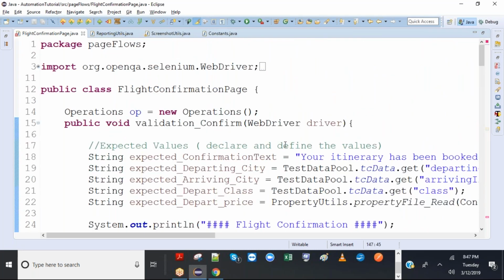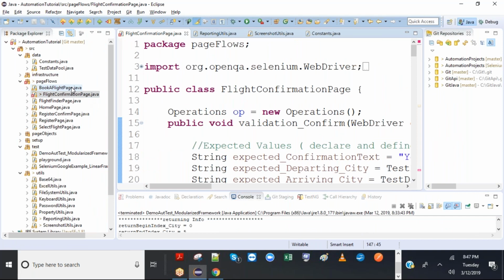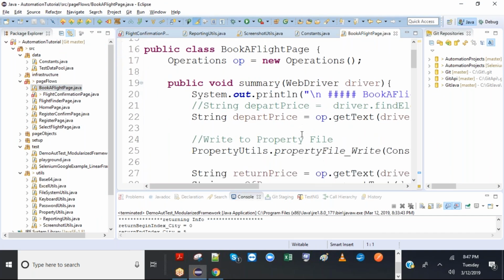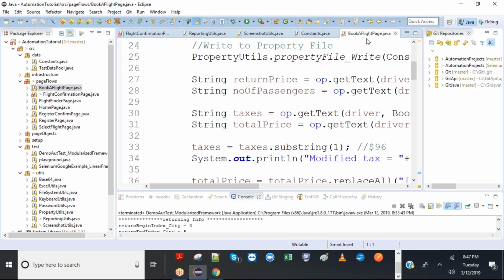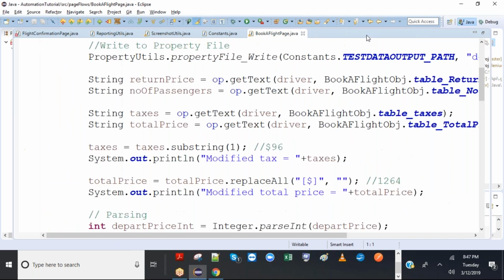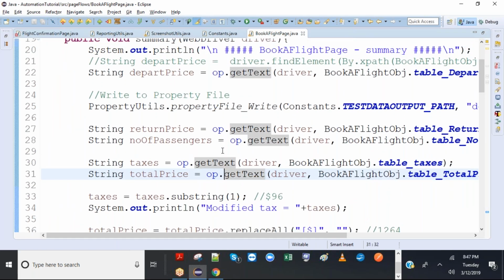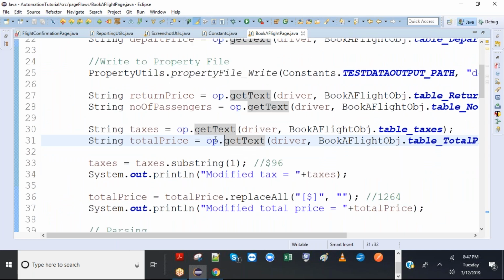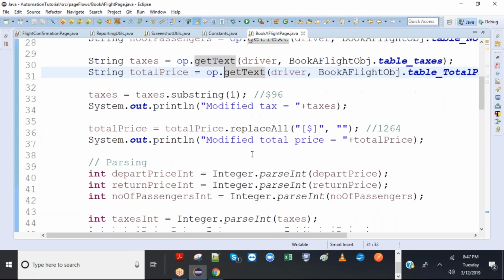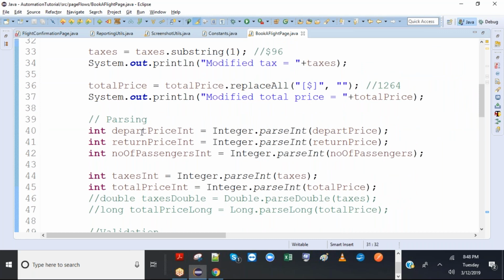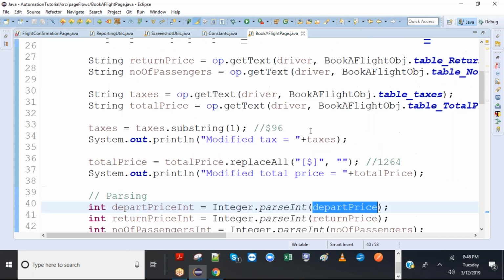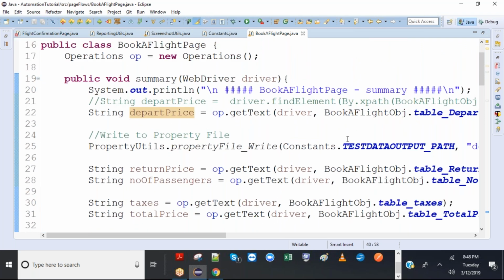We are just confirming in the confirmation page whether all the values are displayed correctly or not. So let me see here, okay, the flight page already has it. Yes, in the book flight page, in the previous page, remember what we did is we captured everything in string format using getText, then extracted all those values, then using Integer parseInt, the depart price is converted to integer. Okay, so the depart price is this.